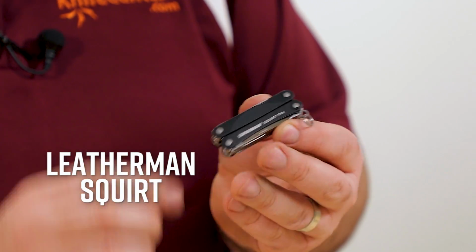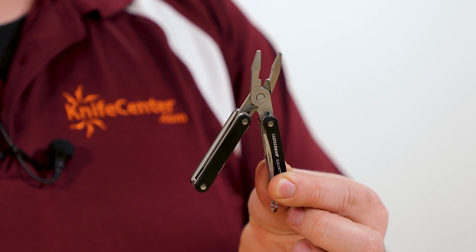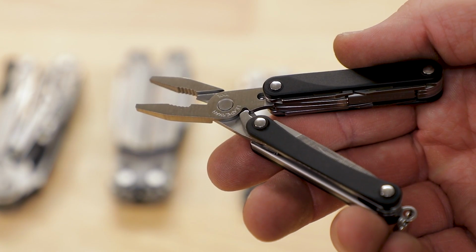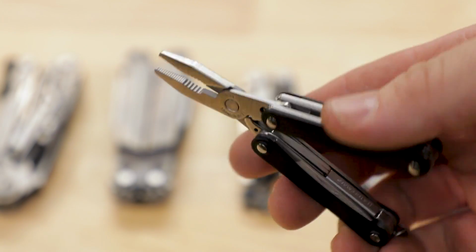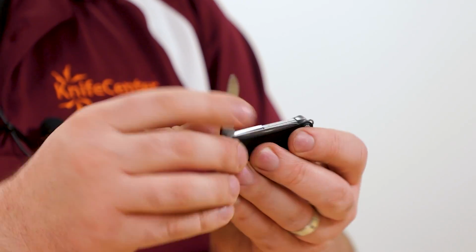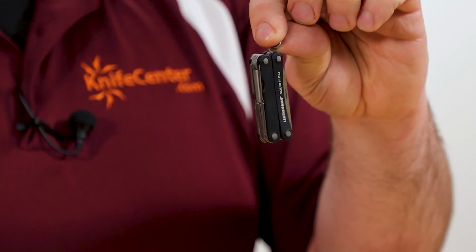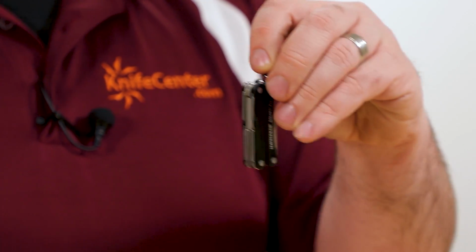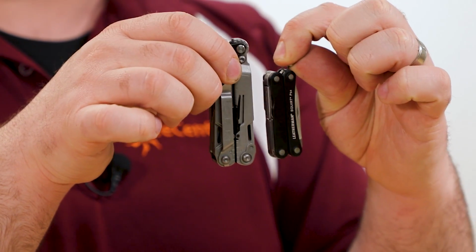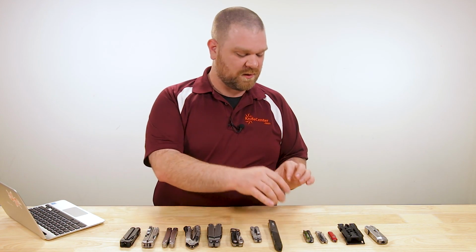This is the PS4 model, which opens up to a nice pair of spring-loaded pliers. Now, there used to be some other options in this series where you could get like scissors, but we're down to just the pliers now, but it's still a phenomenal tool. The rest of the tools are all outside openable. You've got your blade, your file, scissors, and drivers built in. Again, very nice small footprint. Doesn't quite have as many tools as that PowerPint does, but you can definitely see the size difference there is very notable. Now, this particular knife is put together in the US, so the price is a little bit more